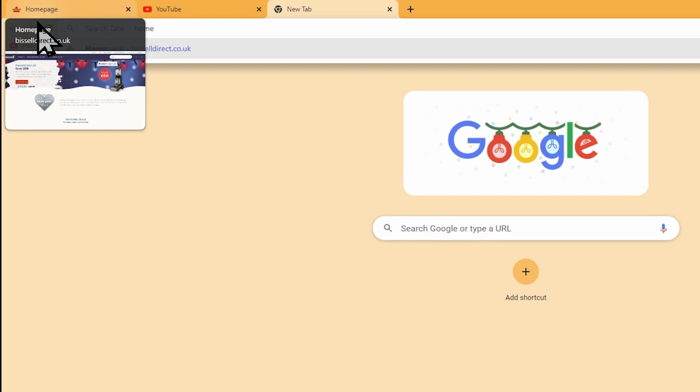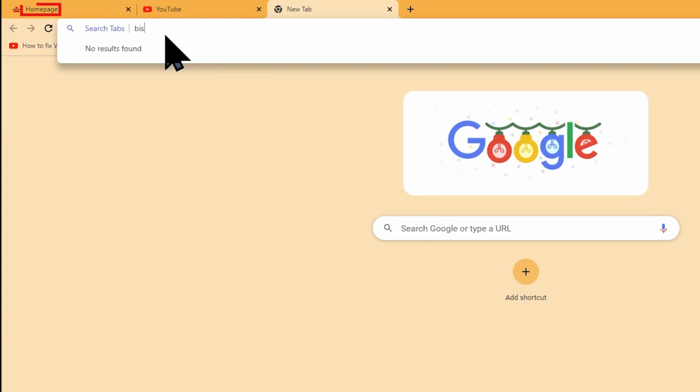An example of a web page where this would be a problem is the home page for the Bissell website. The title is Home Page, which does not include the company's name, so if I search for Bissell, I will not find this tab. I'm not criticising the Bissell website, I'm just pointing out that their web title will probably not be found by the @tabs function. If anything, it's pointing out a limitation of the @tabs search in Chrome.